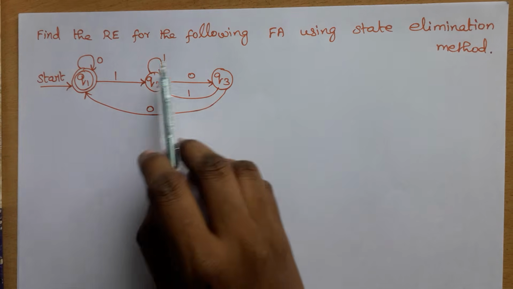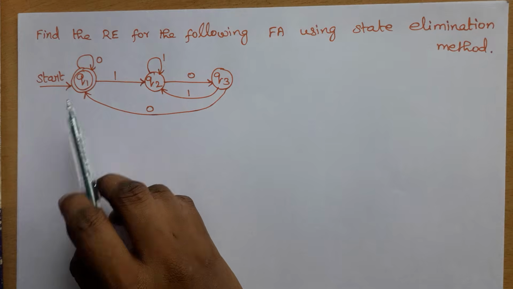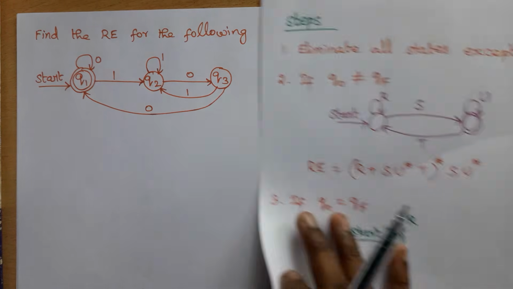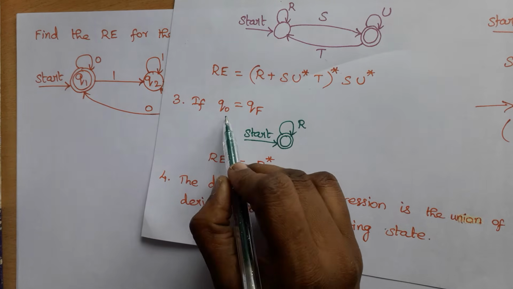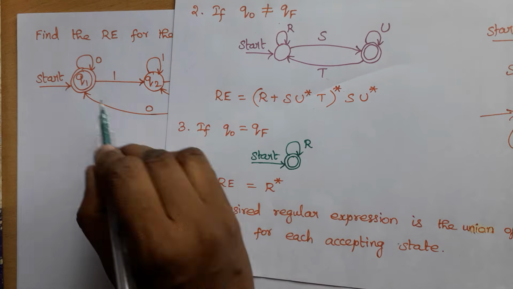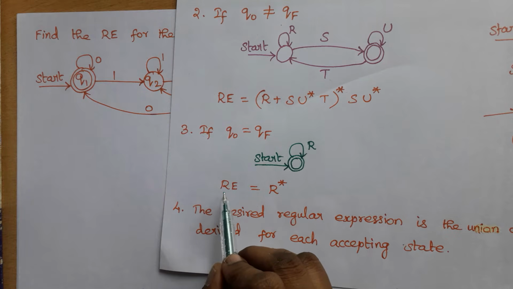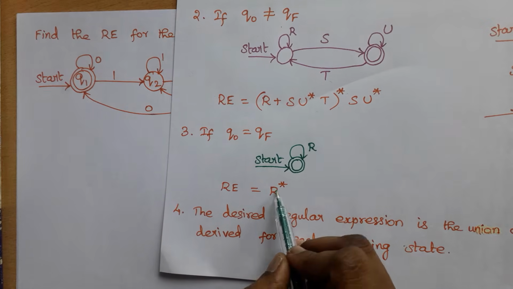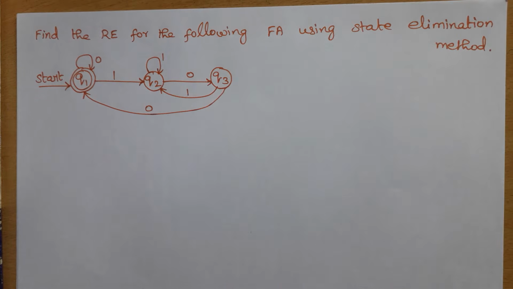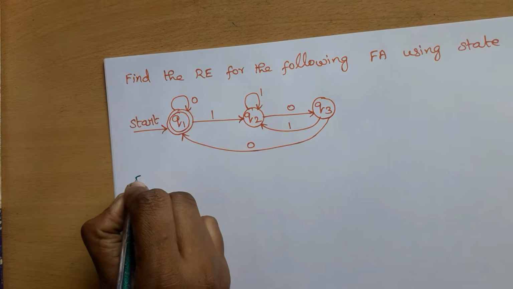After eliminating these two states, we will be left with a one-state automaton. Here the start state is equivalent to the final state. So we will be left with a one-state automaton, and the regular expression is R star. So first we have to eliminate